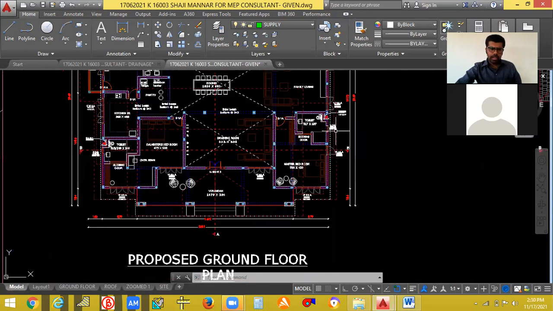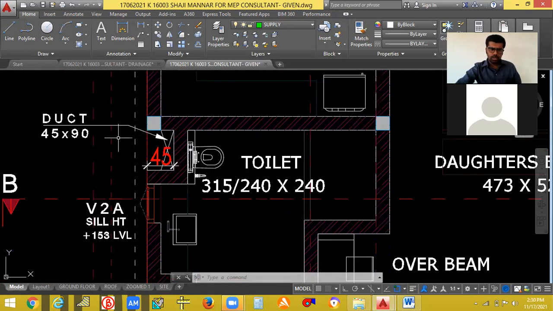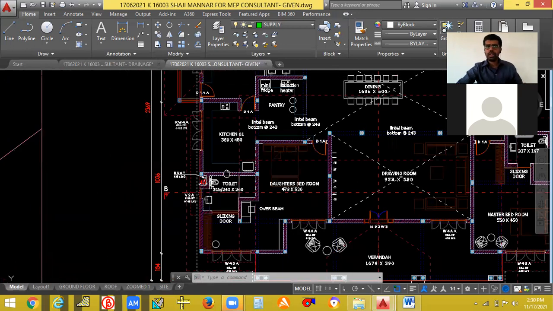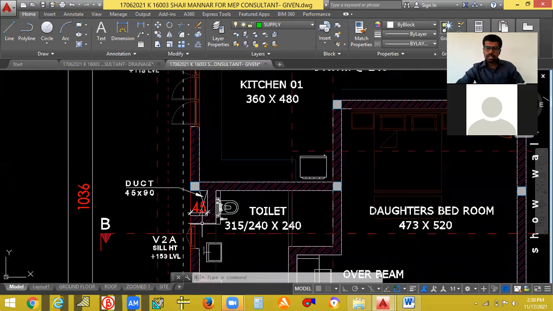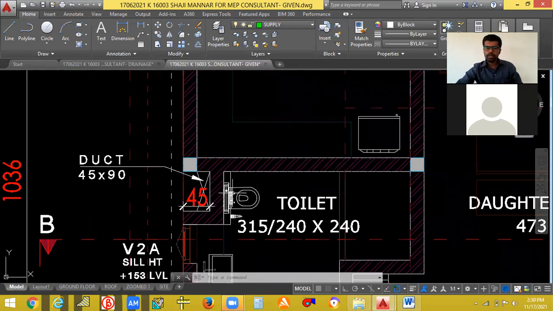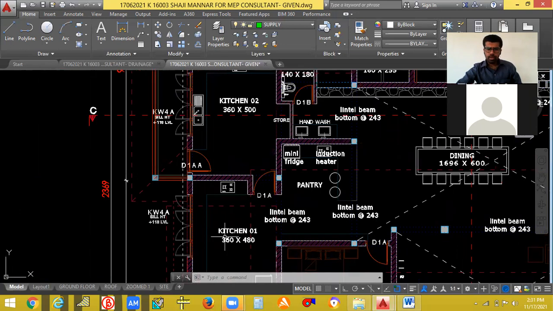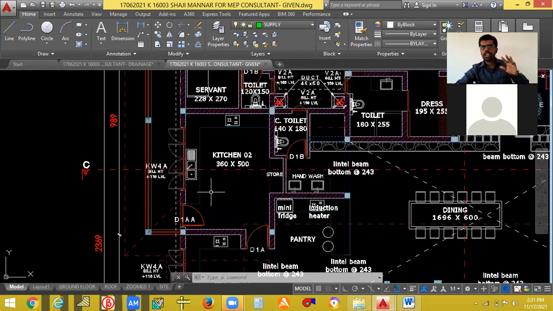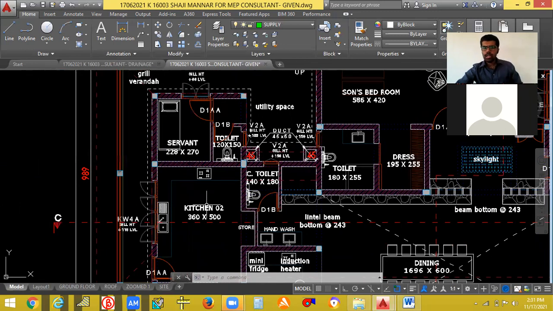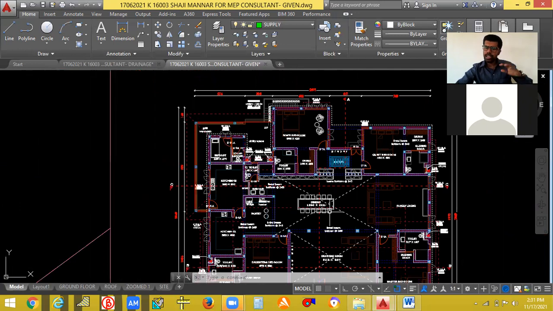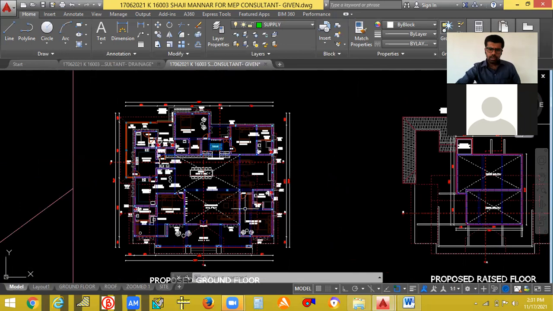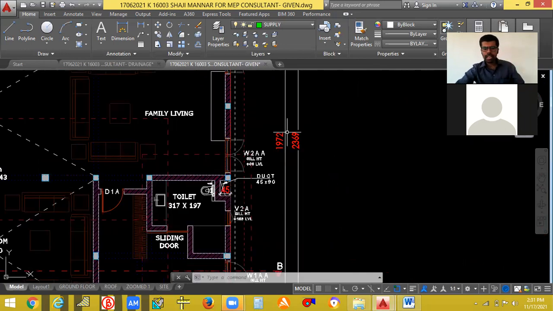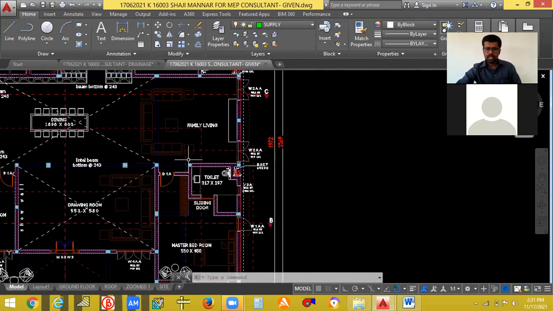Then another toilet is there. A duct is also given. So it is very, very easy for us. So we just need to focus only on that duct. So we can route the lines so that the water can go through this duct and come to individual toilets. Okay. So kitchen also you can provide. So the main water connection will be in kitchen and toilets. And not only that, in outside area also and in terrace also we can give if you need. So this is the ground floor and all the dimensions and all those things are given by the architect. We don't want all those things. Okay.